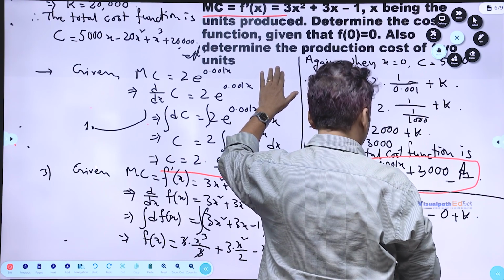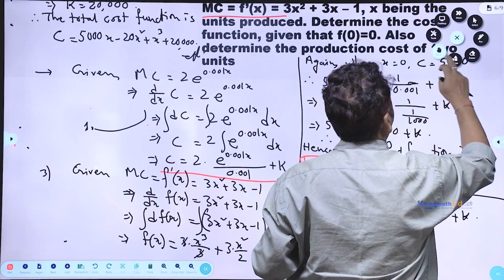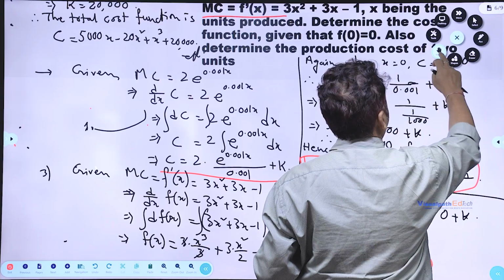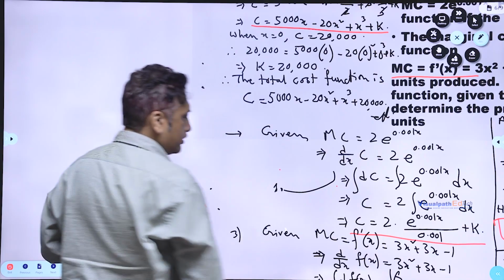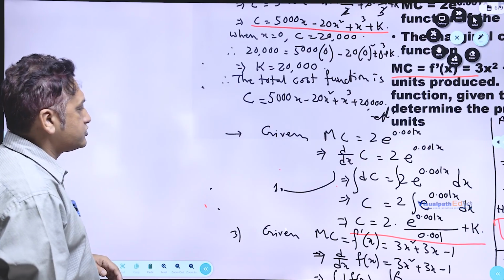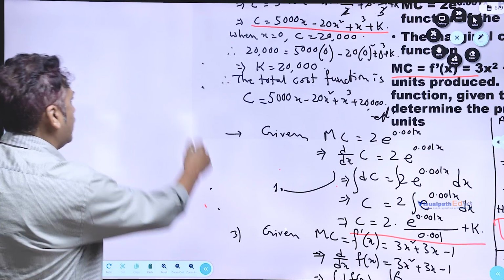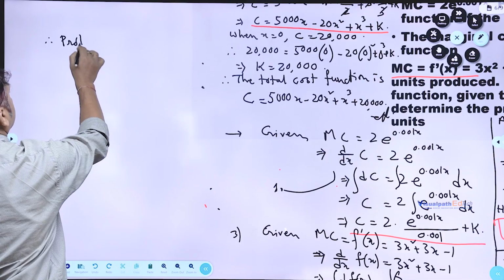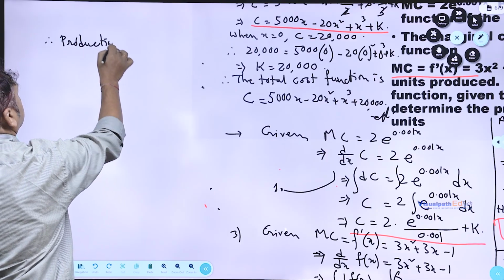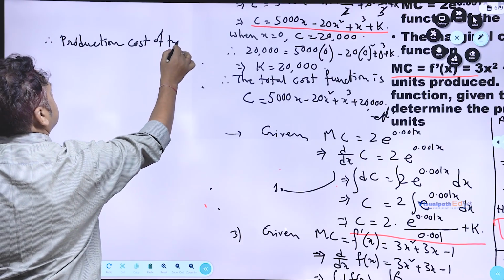So if we are asked to find out the production cost of 2 units, then what we have to do is, I'll show you. Therefore, production cost of 2 units